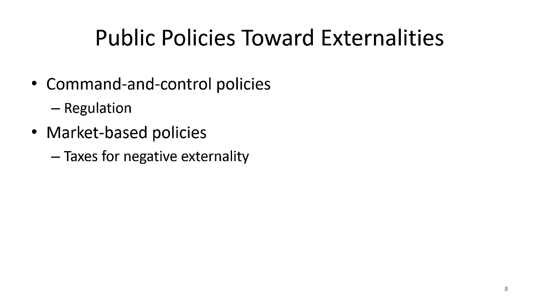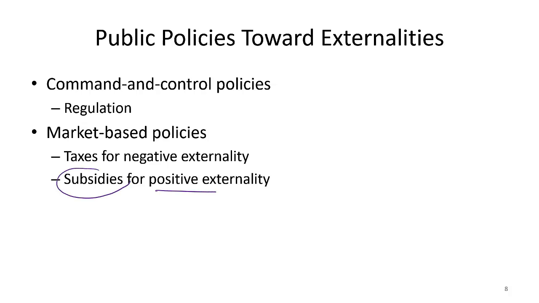On the other hand, for positive externalities, we use something called a subsidy. That means we give money from the society to individuals to do something more which is beneficial for people at large. Again, a good example is your subsidized student loan. Why do you think society is subsidizing your student loan? Because society understands that if you go to college and get educated, that's not only going to benefit you, but benefit people at large. So it is the responsibility of the people at large to pay you so that you are encouraged to go to college, which is done by reducing your cost of education. And that's the idea behind market-based policies.